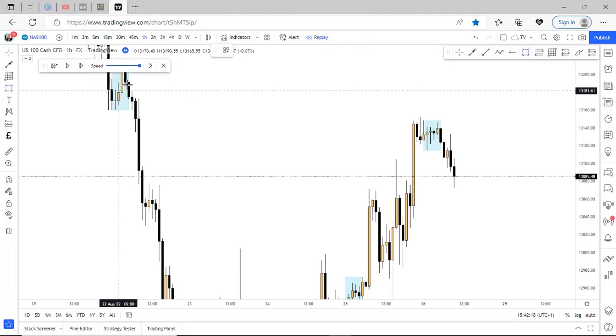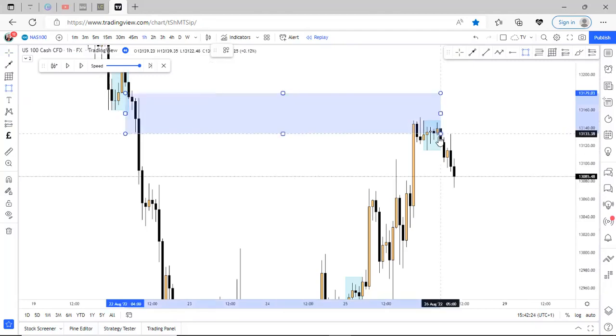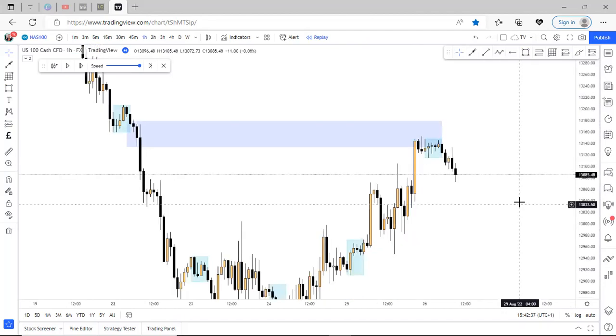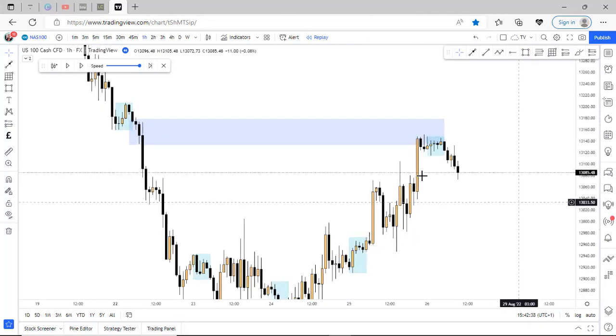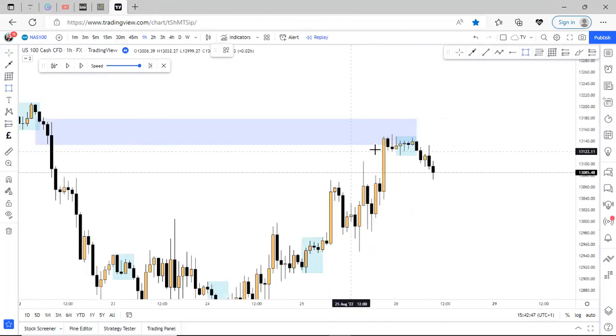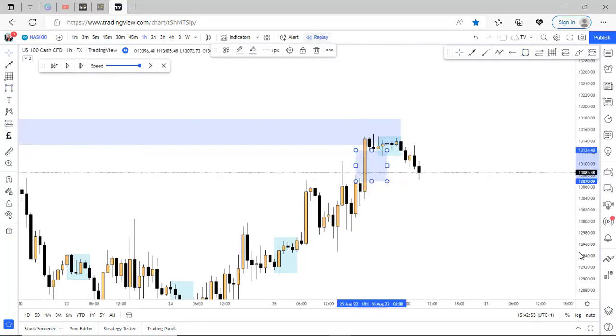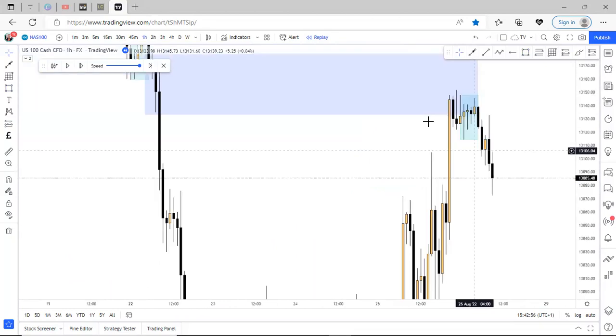So at this particular time during the London session, I saw that price was reacting from this zone. Just like the previous trade I had recently that I talked about, there was imbalance on these indices. Just by looking at this candle right here, you can see that we have massive imbalance to be filled, and that was the reason why I took a sell trade. So price was reacting from the supply.